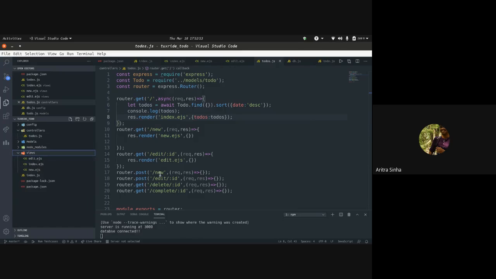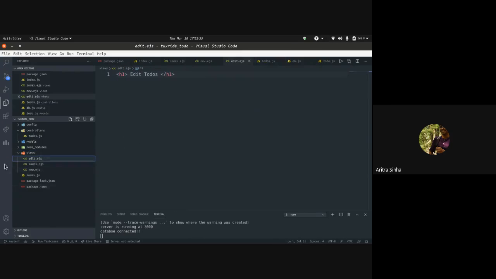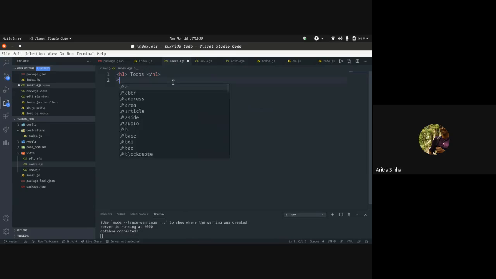Now going to the views page, we'll go to the index page. This will print all the to dos, right? So I'll just add an anchor tag. It basically acts as a hyperlink. Like in Microsoft Word, you can create a link that, when you click on it, takes you to a specific link.